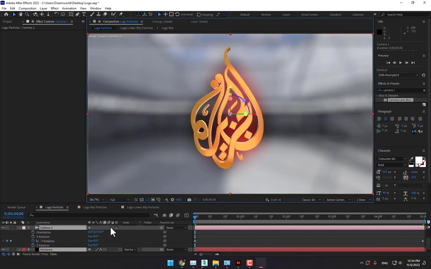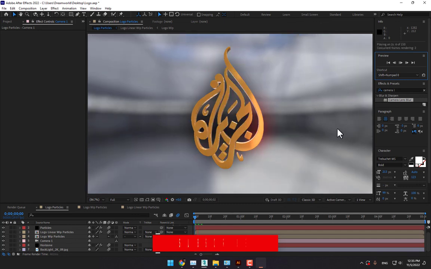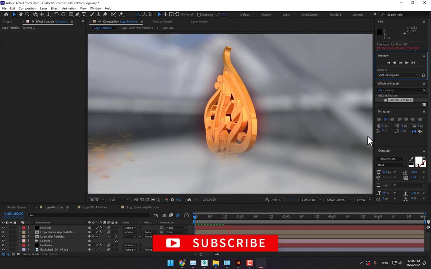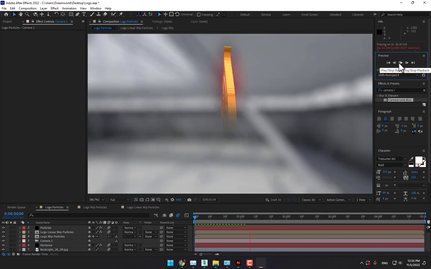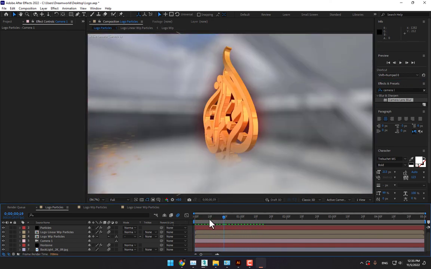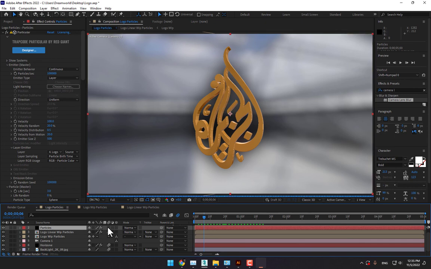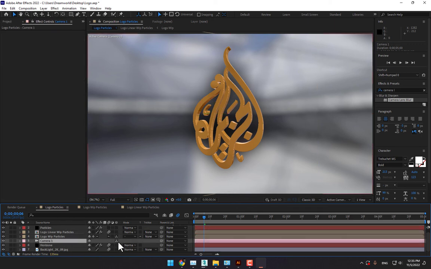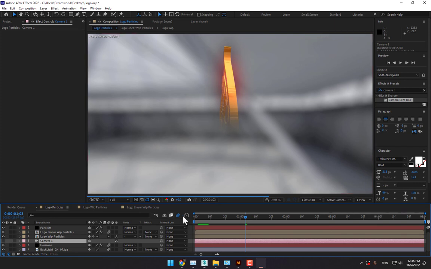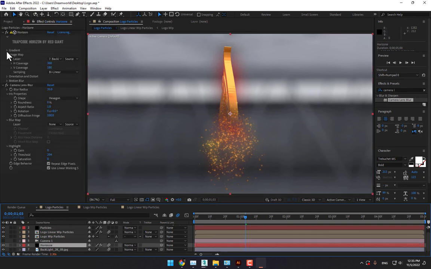Okay, Ctrl A, turn on the motion blur, and let's render. There's a little bit problem with the particles. There is the particles, turn off the motion blur, and there's the camera, play, turn off the camera, yeah, select the horizon and